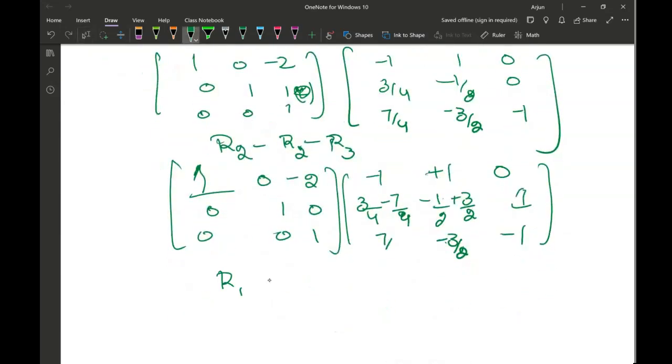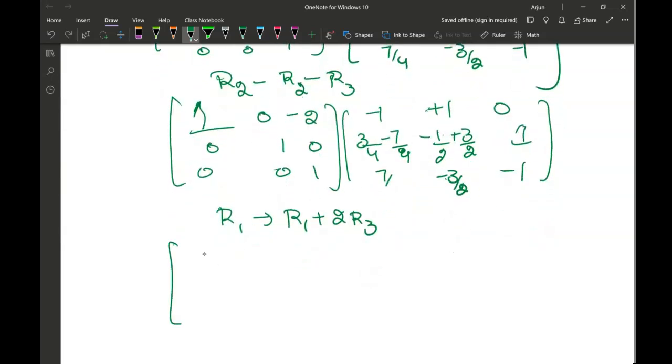And then R1, I will apply the operation on R1 plus 2R3. That's going to give me 1 0 0, 0 1 0, 0 0 1, and this will be minus